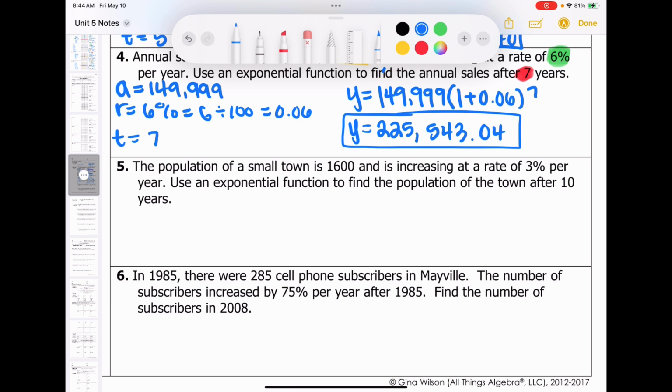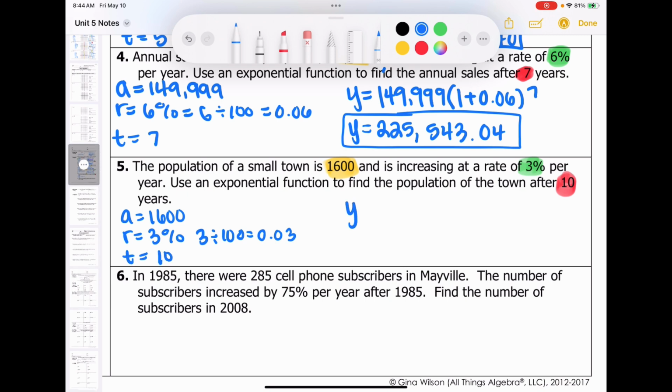All right, number 5, the population of a small town is 1,600 and is increasing at a rate of 3%. So we have our initial, we have our rate, and we're going to use an exponential function to find the population after 10 years. Okay, so when I plug that in, I'm going to have y equals 1,600, parentheses 1 plus 0.03 to the 10th power. Okay, remember, we're talking about people, so when I type this in,